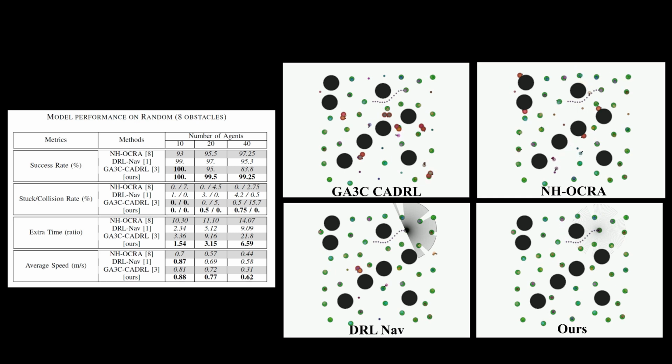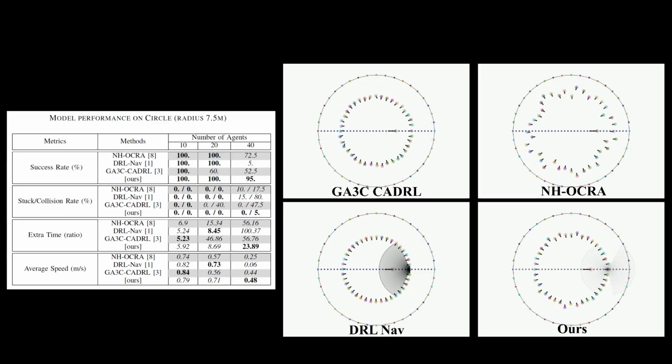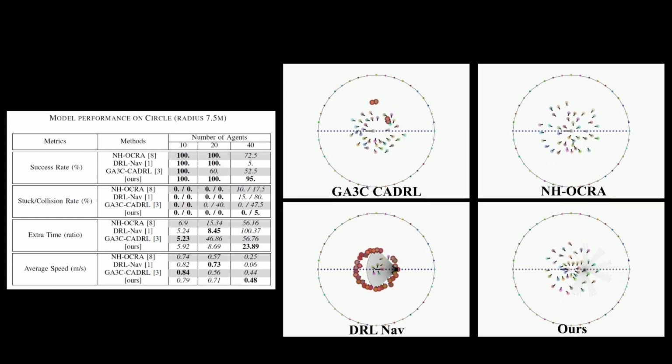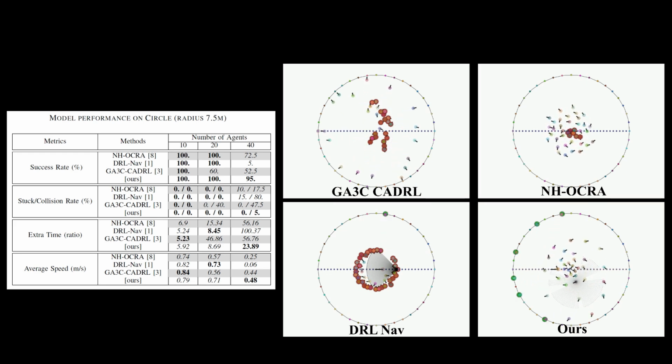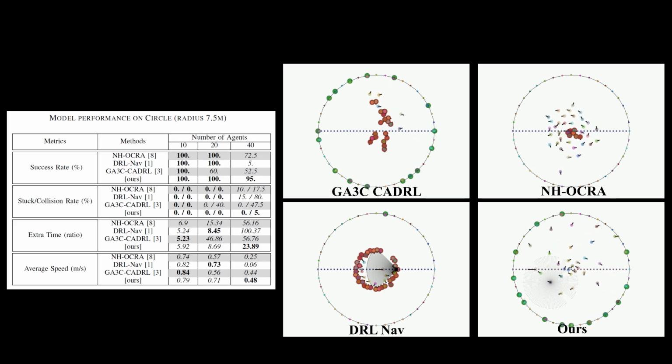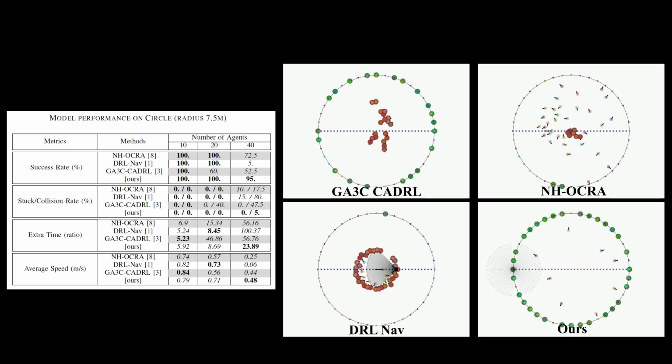ever-changing configurations. In the circle environment, agents start along the circumference of a circle with their goals directly opposite. This setup tests both individual navigation and cooperation behavior as agents converge towards their goals. Models that overfixate on temporary waypoints often struggle here, leading to collisions in the center as agents are crossing paths. However, our model avoids this pitfall by effectively balancing the global path with the final goal.